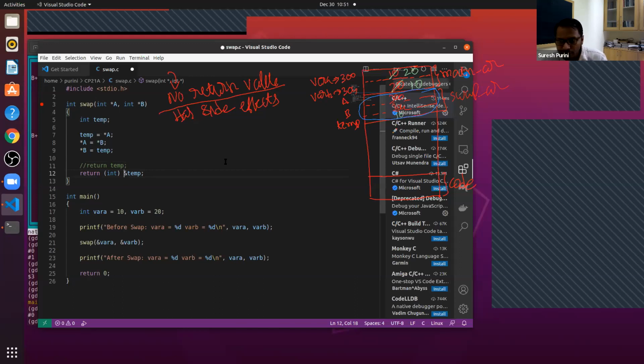So whoever is using that address, you are just messing up things. Are you with me here? On line number 12, you are returning the address of a memory object which is deallocated. You can go and manipulate it, but your program will be buggy because it will be allocated for something else. Your whole thing will be a mess.